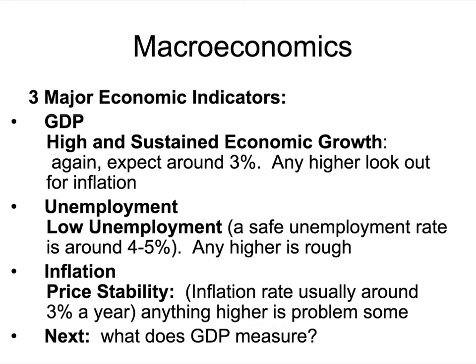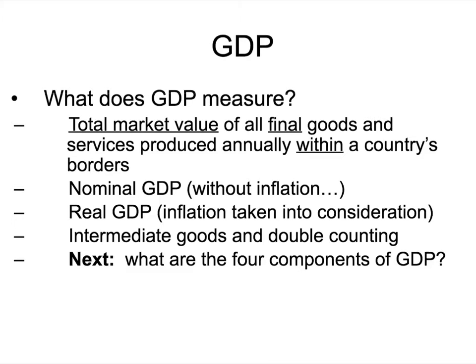The three major economic indicators in macro are GDP, which measures production. We want growth to be around 3%. We want low unemployment, so unemployment was another factor. And then inflation, we want stable prices. So next. GDP is expressed in dollars, so it's the total market value of all final goods and services produced